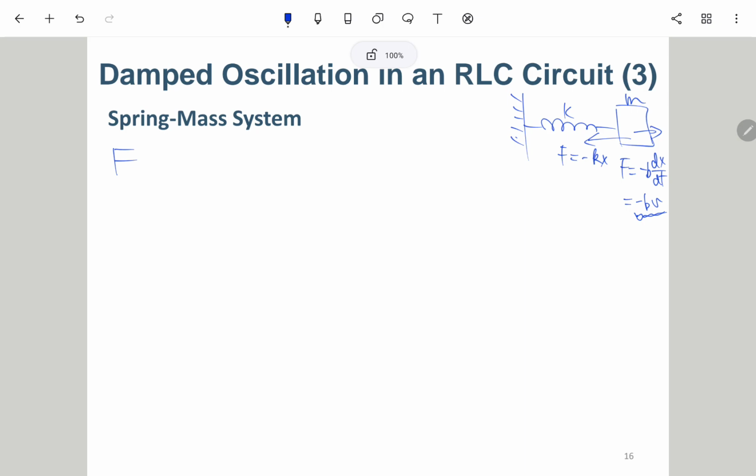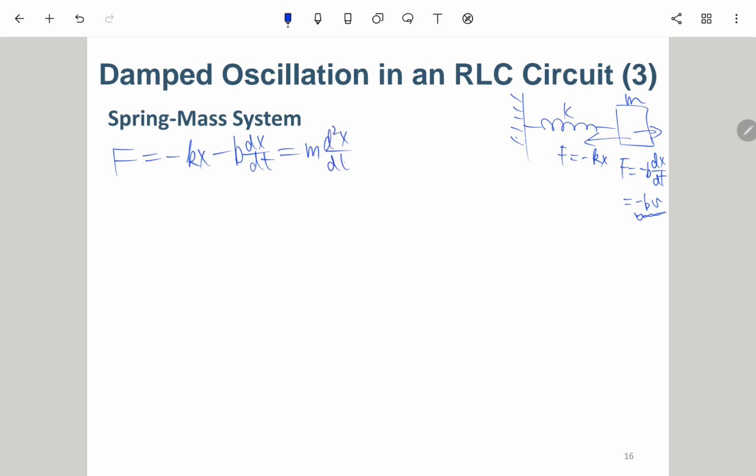So in this case the total force F is negative kx minus b dx/dt, actually bv, but v is dx/dt. The velocity is the derivative of the displacement. So we just write it like this, and according to Newton's second law of motion, it is ma, so m